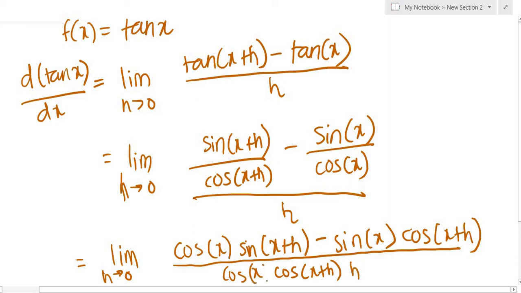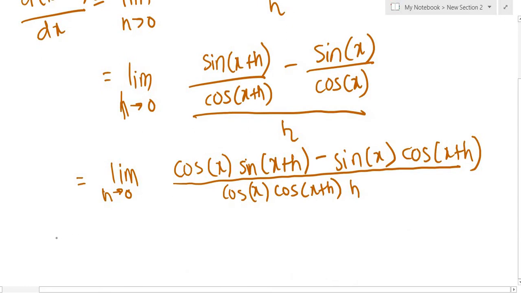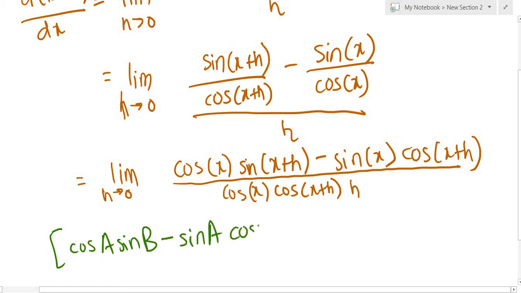If you want, I can bracket this out. Now looking at this, you probably might have guessed that we can use this identity of cos A sin B minus sin A cos B as saying sine of